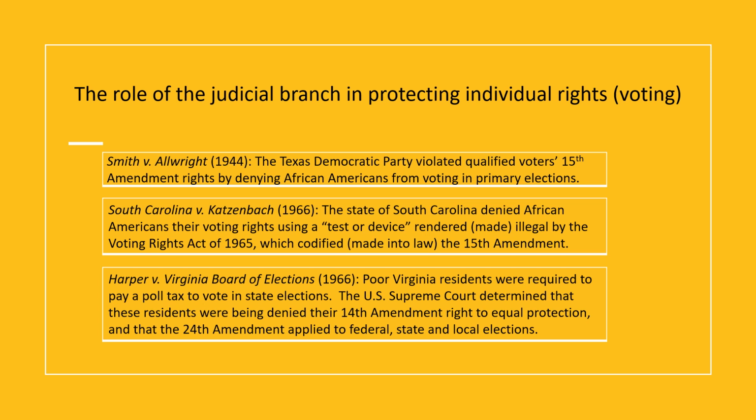So we see that in all three of these cases, the judicial branch indeed protected individual rights to vote, because in each of these three cases, the U.S. Supreme Court went beyond the language of the Constitution and went beyond the governmental location of the Voting Rights Act in order to demonstrate that whatever is determined at the federal level, whether it be a constitutional amendment or an act of Congress that was signed by the president into law, does apply to the state governments as well as the local governments.